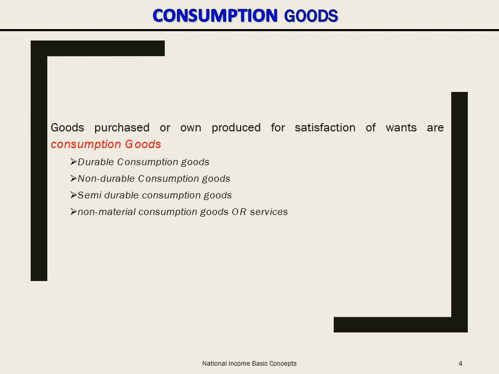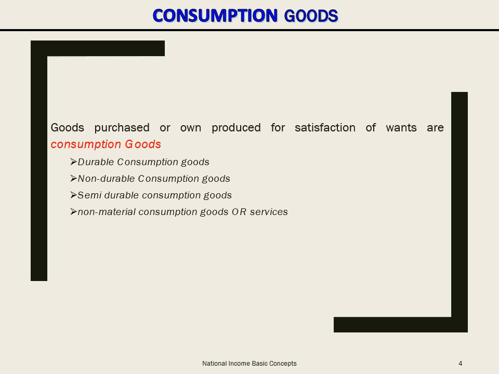So these consumption goods can be the wheat produced, or the bread that I purchase, the television set that I use at home, the washing machine that I use, the sound system that I use, the laptop that I use. All these are various kinds of consumption goods. Even the clothes that I wear, the shoes that we wear, they are all kinds of consumption goods, and also the services, as I told you.